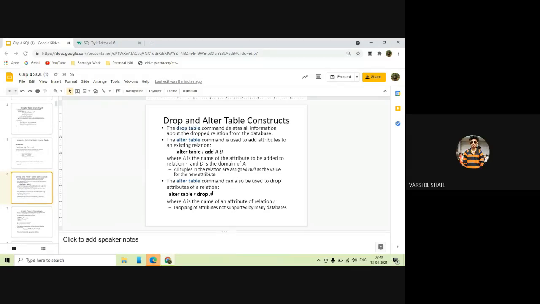What I'm doing is making changes in the table. What changes am I making? I'm removing the column. So if you want to remove the column, you don't have to remove the entire table. You can use the alter command with the drop command to drop that particular column name. Okay, let us see that.